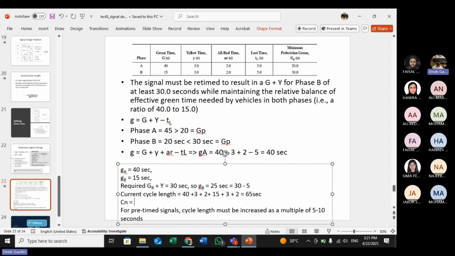New cycle length is what? 65, the old value of cycle length, multiplied by the new effective green time of phase B, which is 25, divided by the